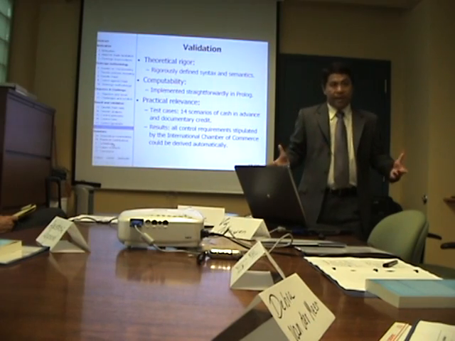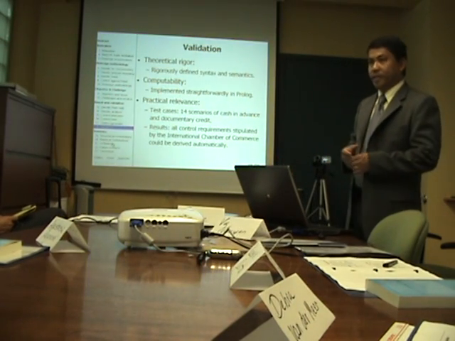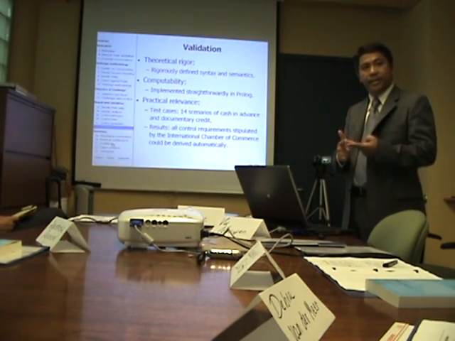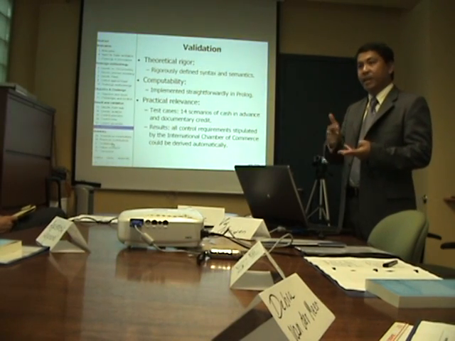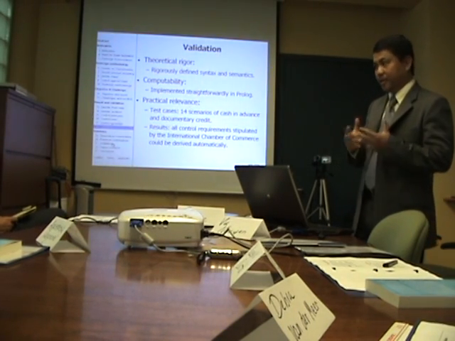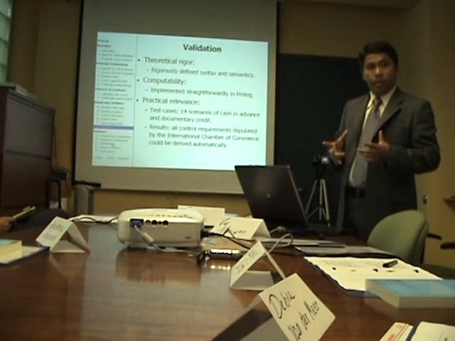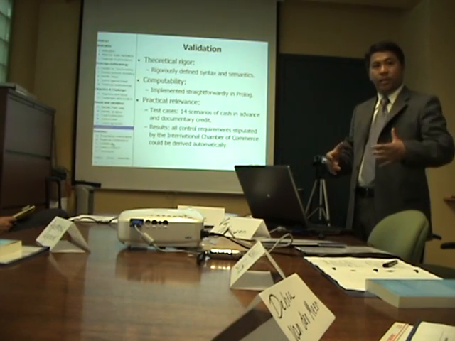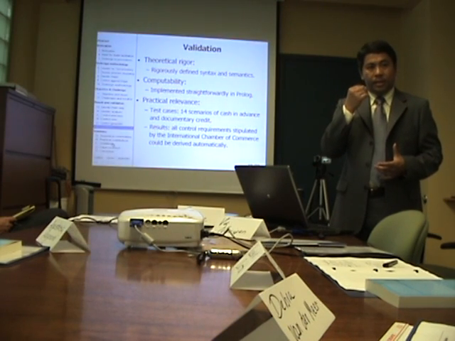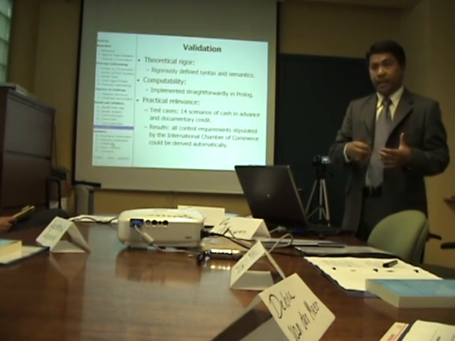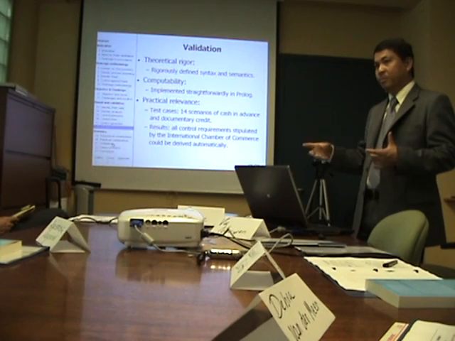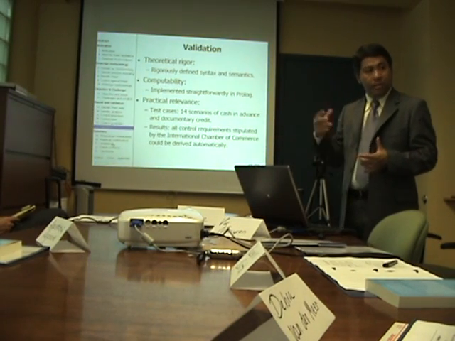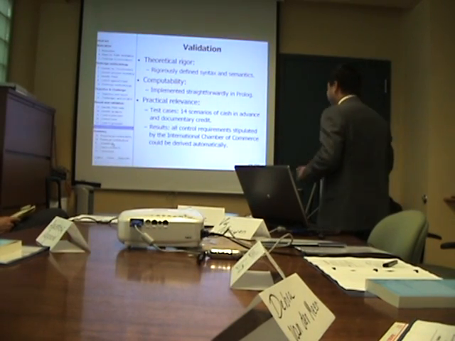In documentary credit, there are multiple parties involved in the transaction: the seller, the buyer, the issuing bank, the advising bank, confirming bank, negotiating bank, and so forth. So there is a network of contracts: a sale contract between the buyer and the seller, a credit contract between the buyer and the issuing bank, and a confirmed contract between the confirming bank and the seller, and so forth. There's a network of complicated contracts.